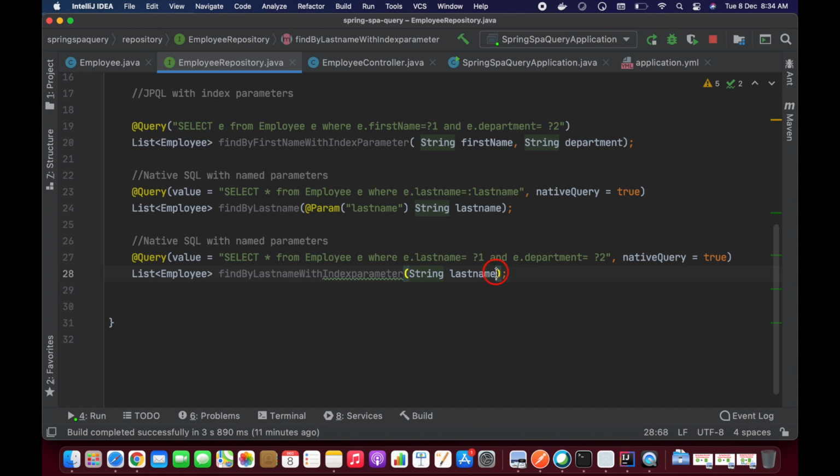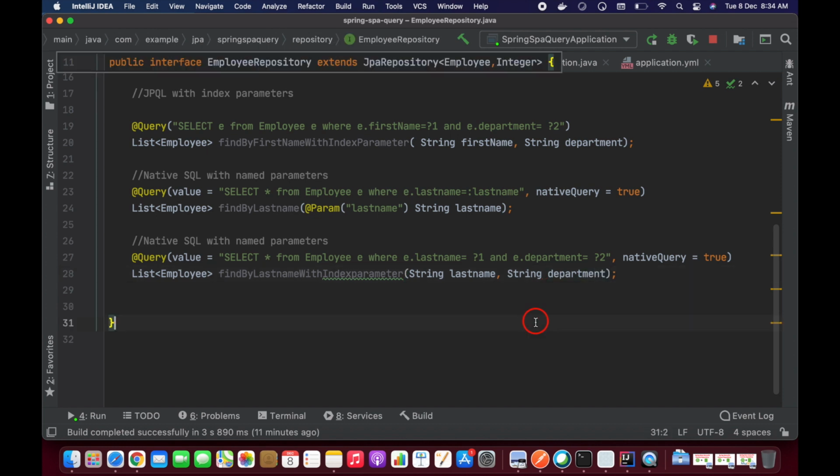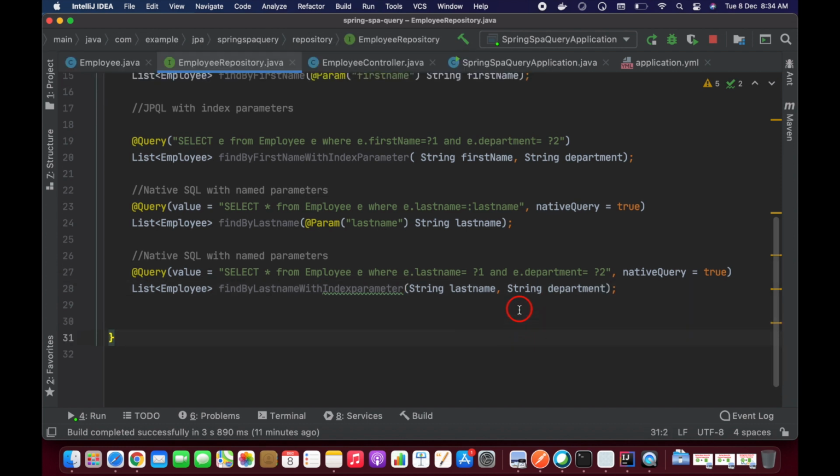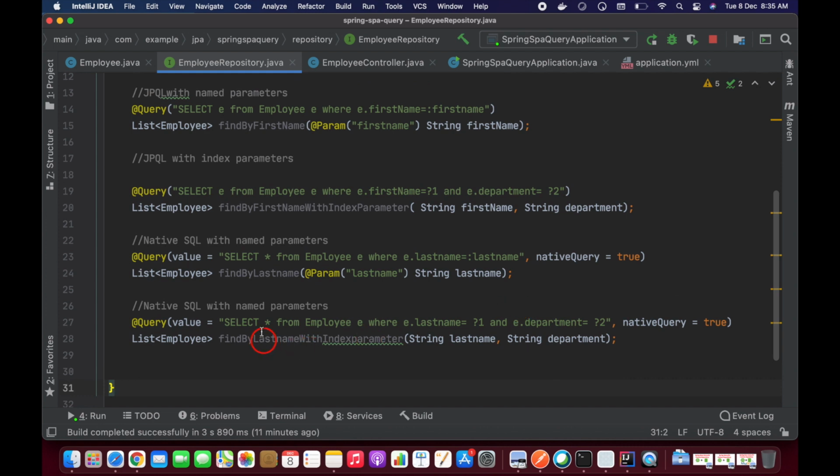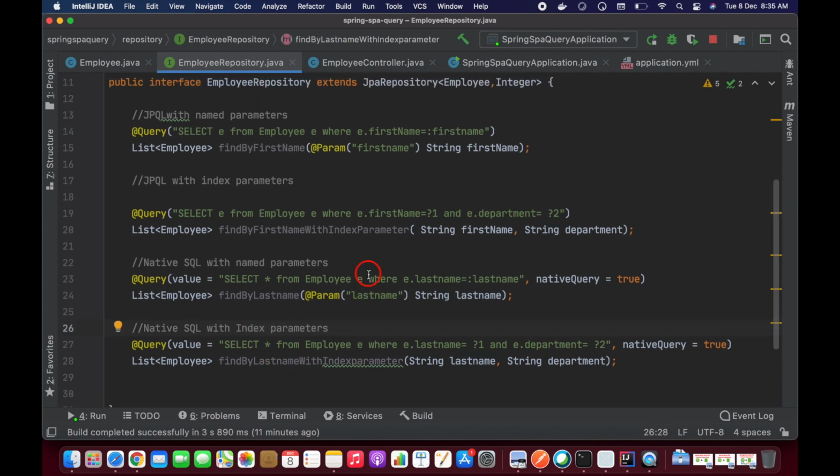Let me pass String department. That's it. So the difference between JPQL with named parameters and index parameters is that we can define the index parameters with 1, 2, 3 like this, and the order should match.